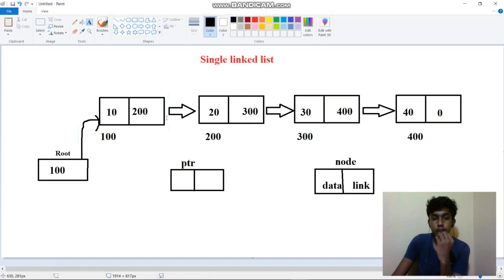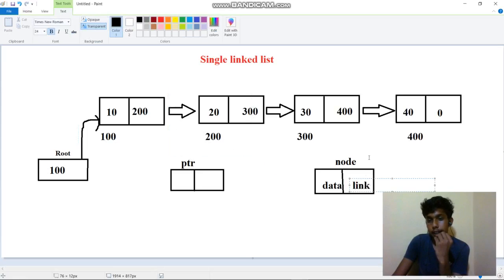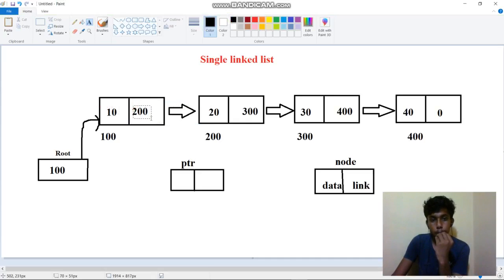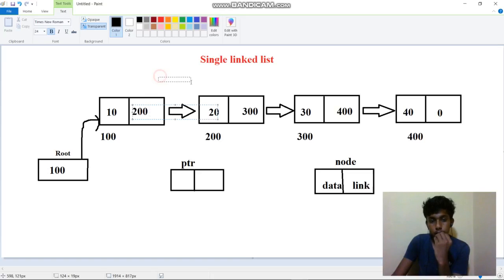Now what we need to do is this is the link path. This will contain the next element address. So this 200 is the second node address, and it will be stored in the first node's link path. So while the compiler is reading this data, coming through this node, if you give this address, the compiler will jump to this node. It will point to this address, that is 200, so we can easily access this data.